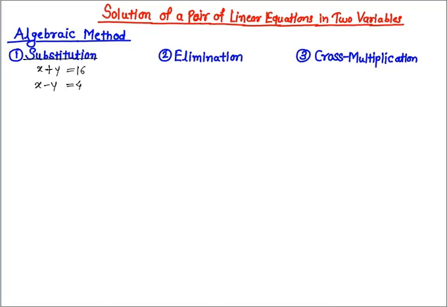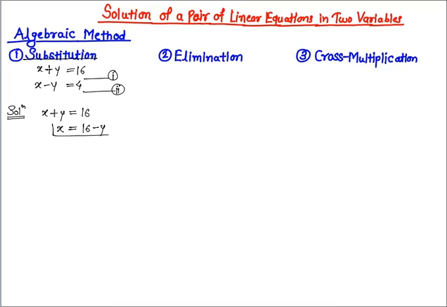What do we mean by solving? Solving means finding the values of x and y. Here, the name of the method, substitution, itself indicates we have to substitute the value of variable x or y. Now to find the solution, let's take the first equation x plus y equals 16 as the first equation and x minus y equals 4 as the second equation. Now let's take any of these equations and find the value of a variable. Let's take the first equation, x plus y equals 16, and calculate the value of x. It would be 16 minus y.